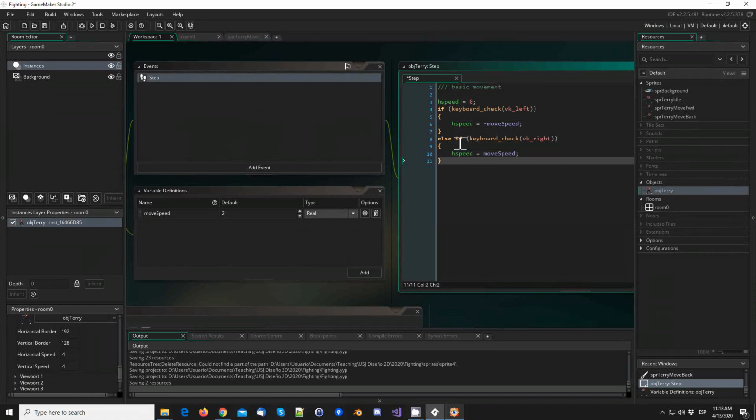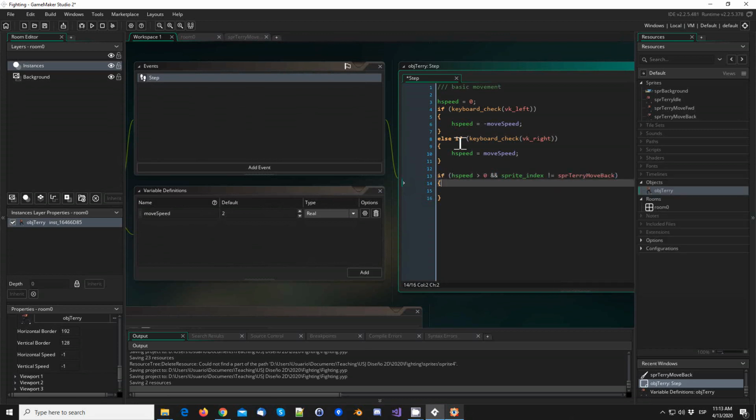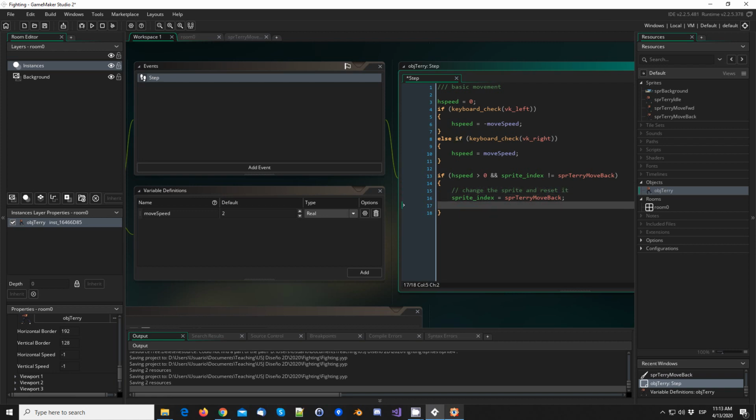And now if h speed is bigger than 0, and the sprite index is different from spr_terry_move_back, then sprite index is equal to spr_terry_move_back. So we change the sprite and reset it. So, reset the animation. So image